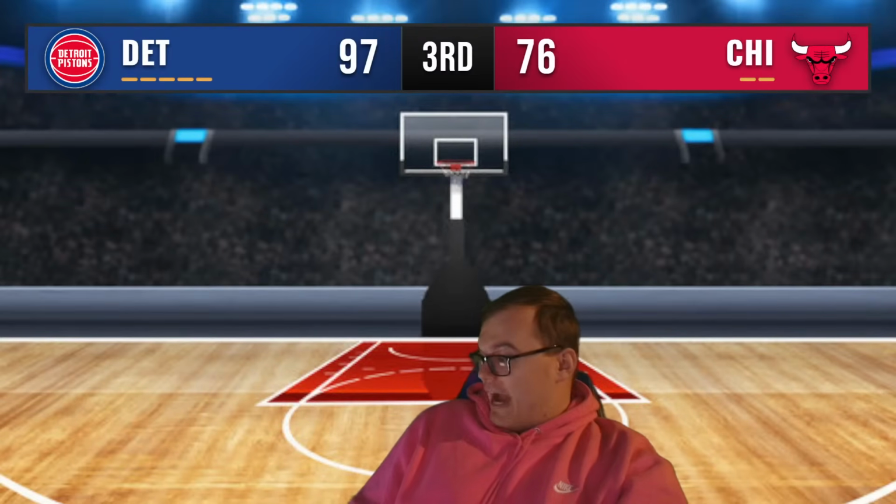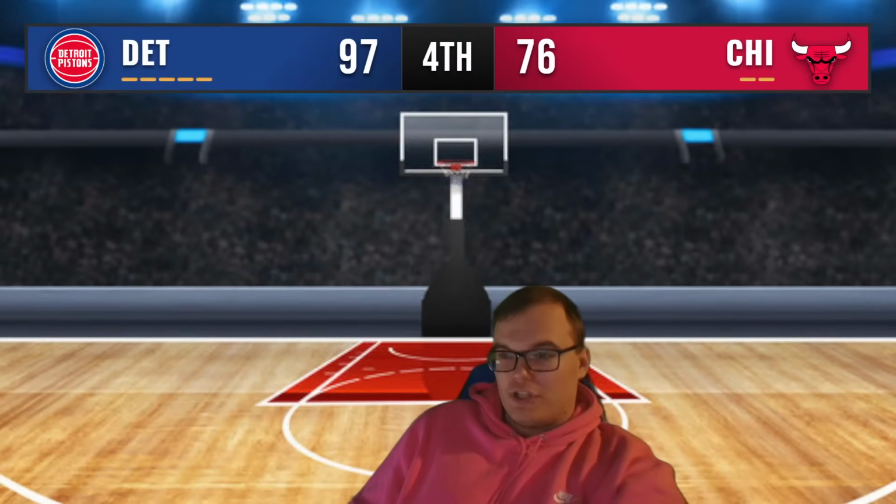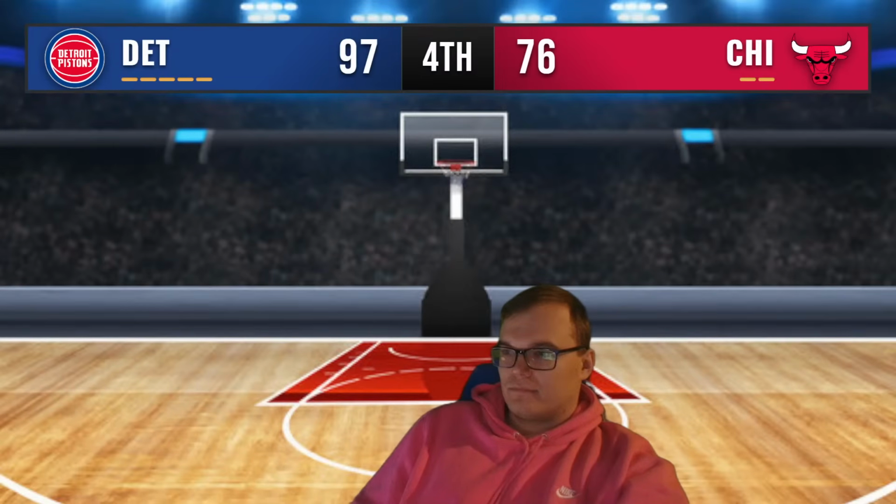So it's no foul, which is great. So Paul Reed does not get charged for a foul. We're going to go to the fourth quarter, though. I think the Bulls have 9 guards. I think you're right.